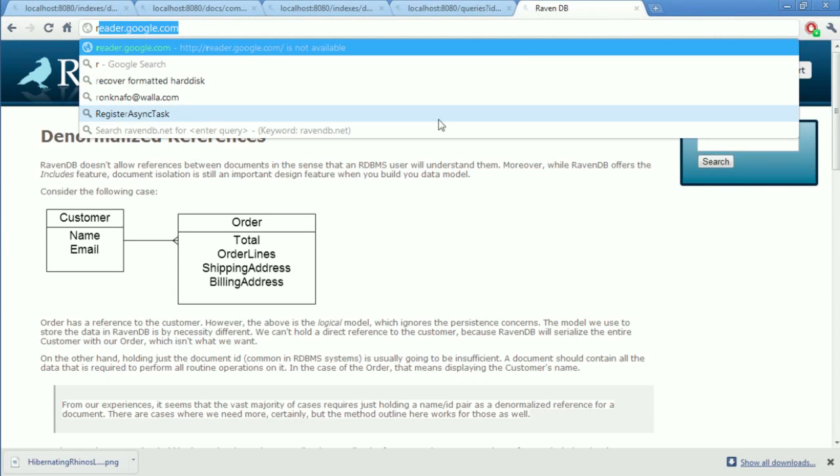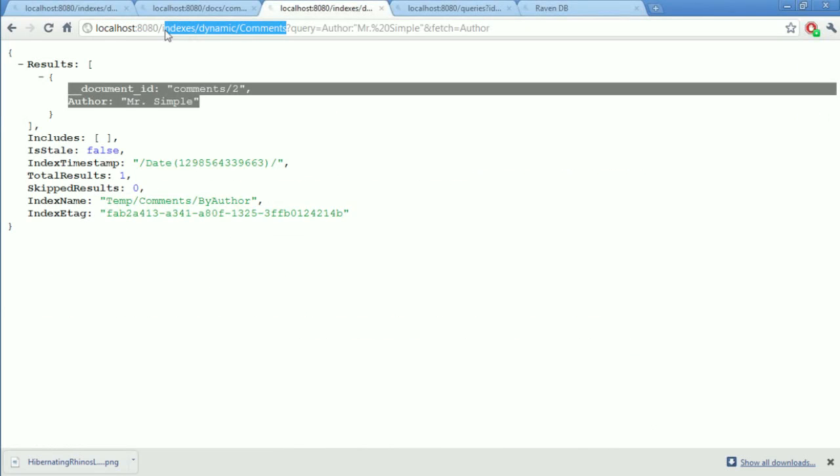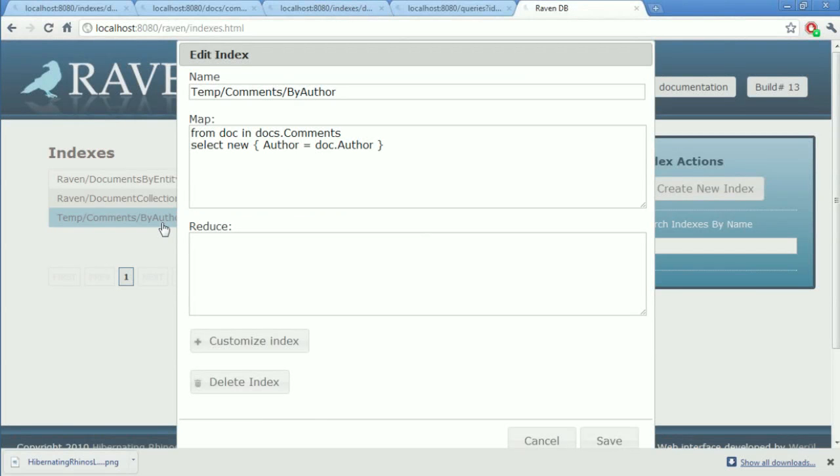So let's go to localhost. And right now, what we did here is we just wrote some queries and asked RavenDB to implement them on the fly. And RavenDB can just do that. If you ask it, okay, give me all the users whose name is Ayende, it will go and do that for you. It supports ad hoc queries. This is, by the way, something that most people consider to be a given, of course, but this is actually something very, very complicated to do in a schema-free data store.